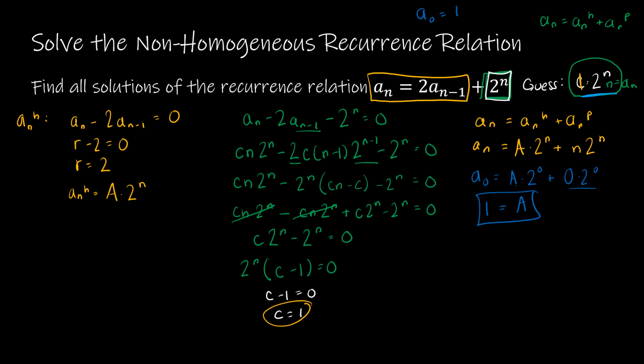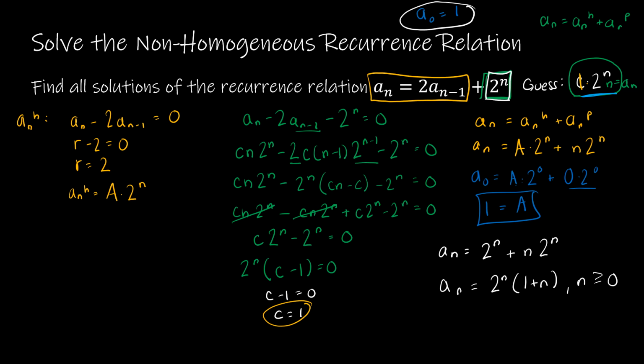So what is my solution? My solution is a sub n is equal to 1 times 2 to the n, so that's 2 to the n, plus n 2 to the n, which obviously I can also write if I factor out the 2 to the n, that just gives me 1 plus n times 2 to the n. And I will leave those checks to you to verify that these in fact do work, but obviously I've checked it before I made this video and they do in fact work. So I apologize for leaving out that initial condition, but this is the correct solution for that